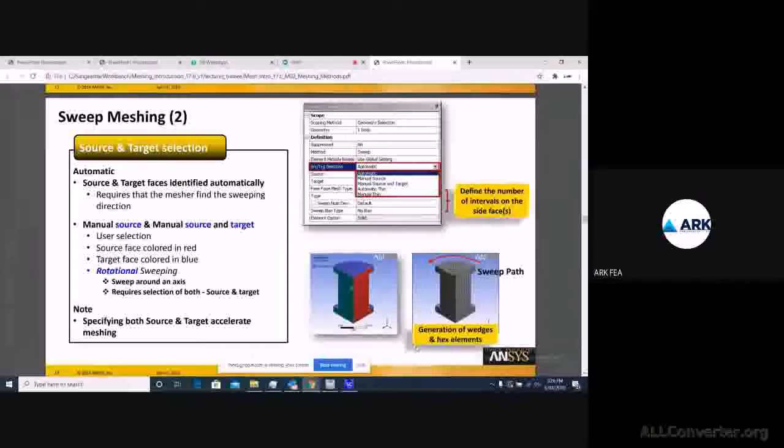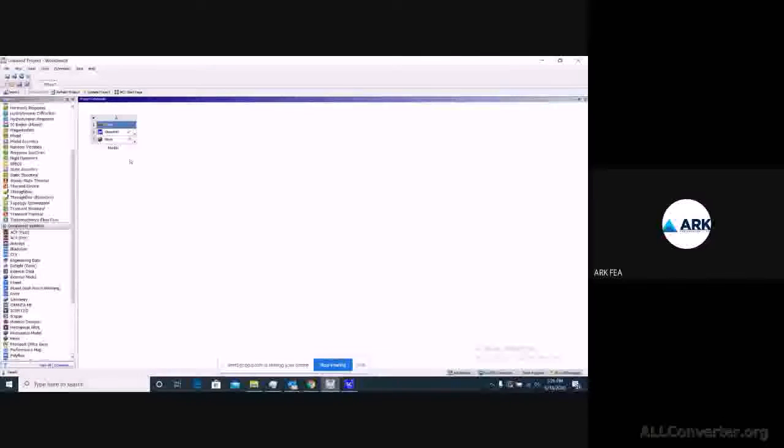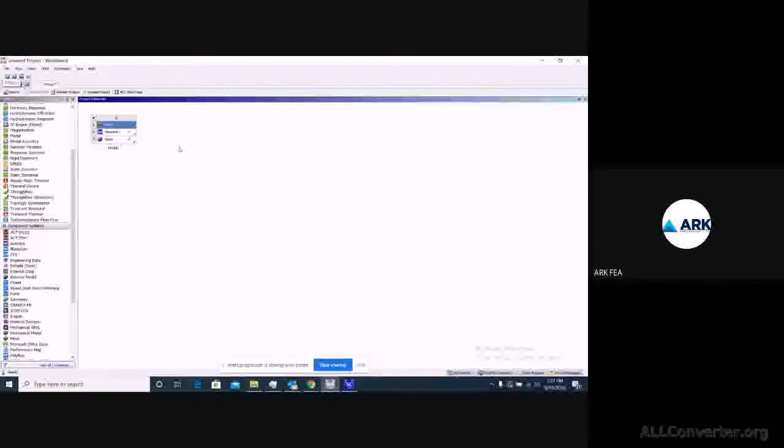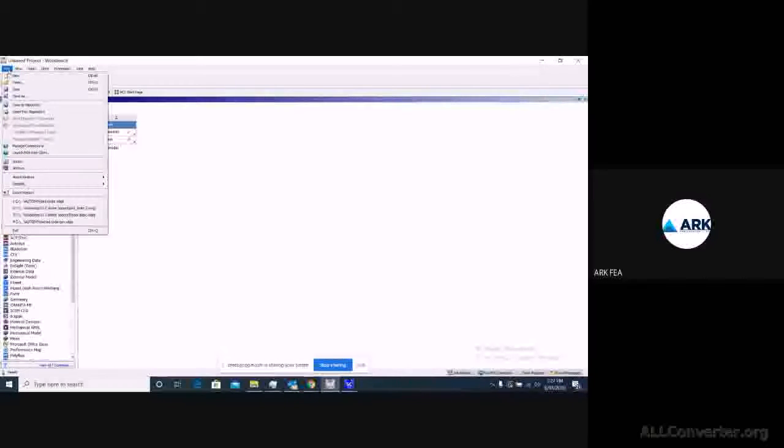In terms of this detailing, we are directly going to see it in our workshop, right? So we have imported our geometry. Once again, I'll let you know how to import the geometry. First go to file and then import your geometry. This is not exactly a geometry import, this is a mesh import. So you will have to import it using the .mesh file, which we generally use to import.